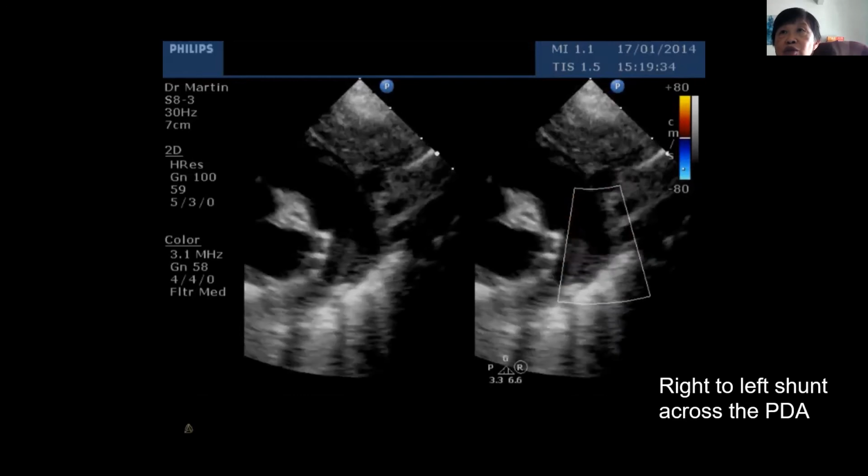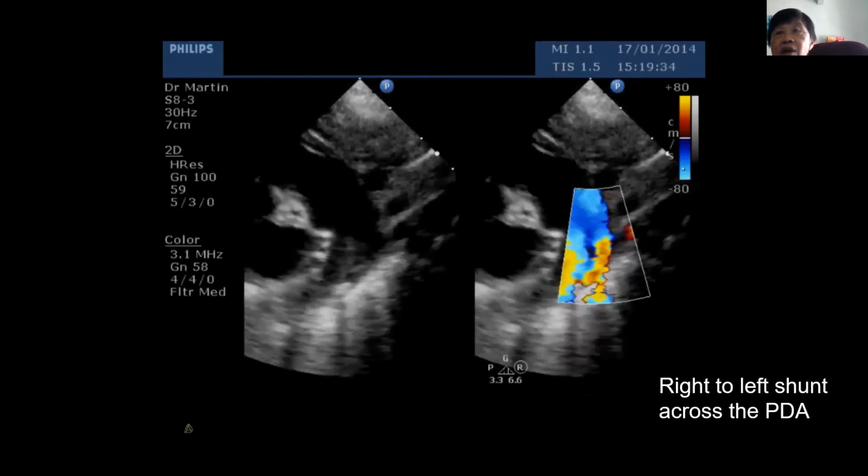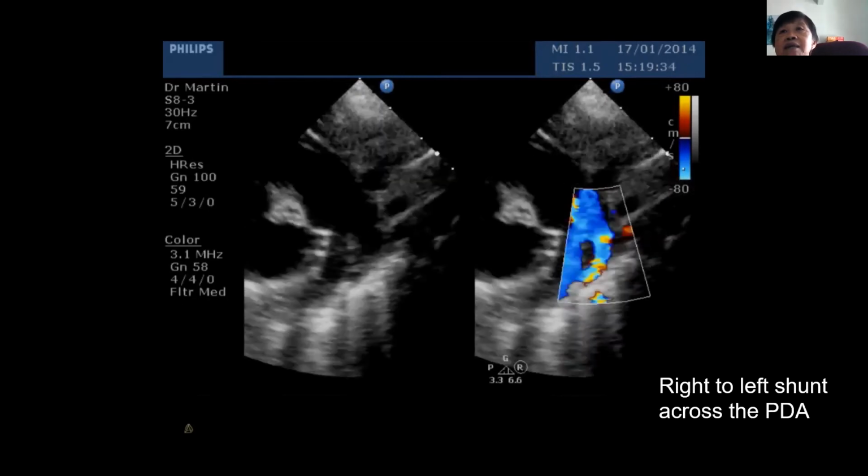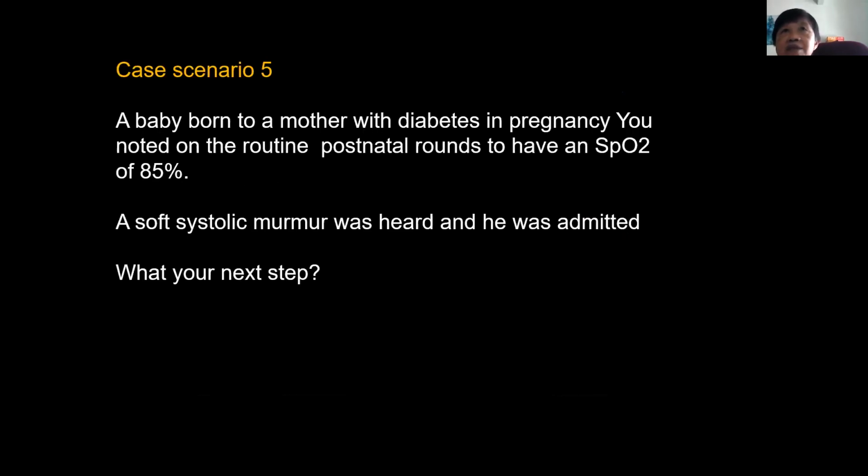So now I've shown you two cases, one, the critical pulmonary stenosis, and then one on the aorta, left side, the severe coarctation, where the ultrasound makes a difference. Now we have another case where you have a baby born to a mother with diabetes. Mother was quite well controlled. And you were doing your postnatal rounds with your SpO2 monitor, and you picked up the patient having a low SpO2 of 85%. This is the pre-ductal and post-ductal that we will talk about